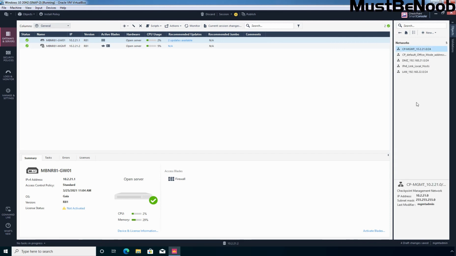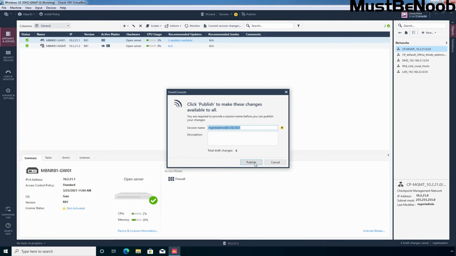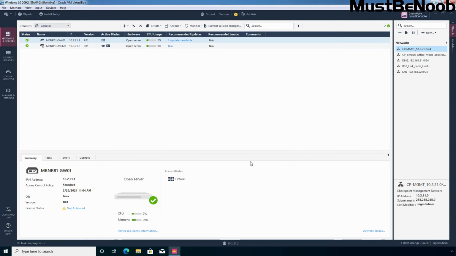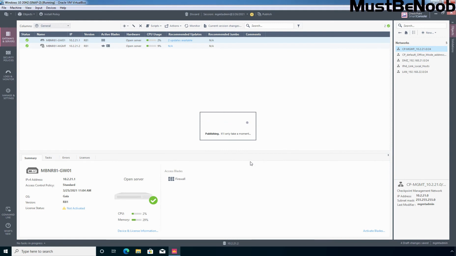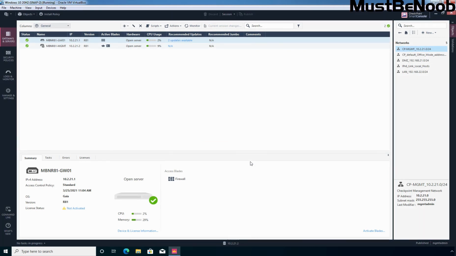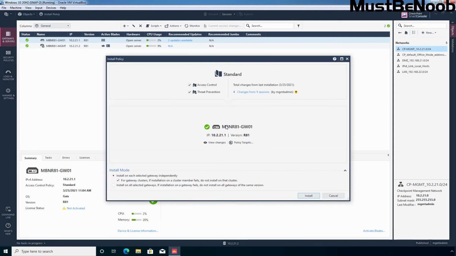As you can see, we have made a total of 4 changes. So I'm going to save them, and for that I'm going to click on Publish. Click on Publish to save those changes to the management server. Okay, now I'm going to click on Install Policy. Our security gateway is already selected, R81-JW01.